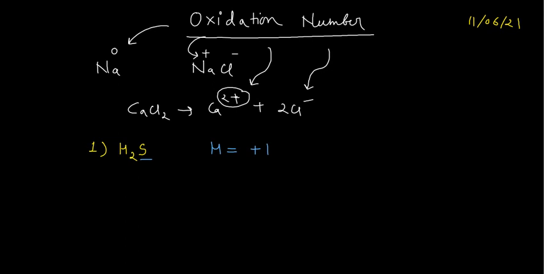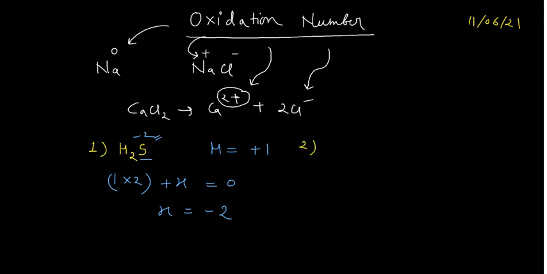So one charge on the hydrogen, and it is present 2 times. You are calculating for sulfur, so you can write X for the sulfur. There is no net charge, so you can write 0. So X would be equal to -2. What is the charge on the sulfur? The oxidation state of the sulfur is -2 in that case.